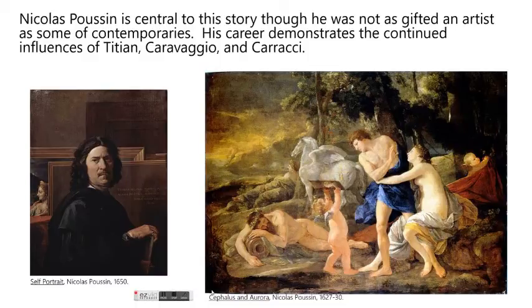But at the same time, I want to talk about another major important event as we're looking towards the end of the Baroque, and that is the development of these separate schools of painting, and most notably here I'm talking about the French Academy of Painting. We're going to talk about Poussin, who is an interesting artist to talk about because he's probably not nearly as gifted or as important an artist as many of the people who he was contemporaries with.